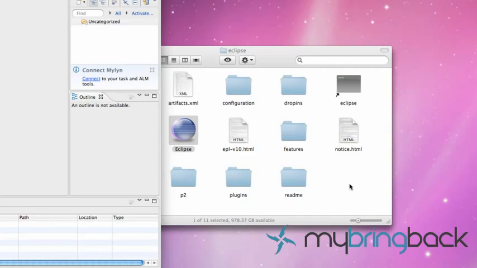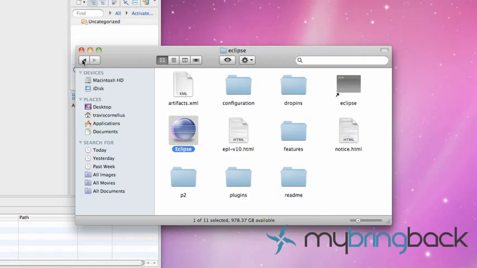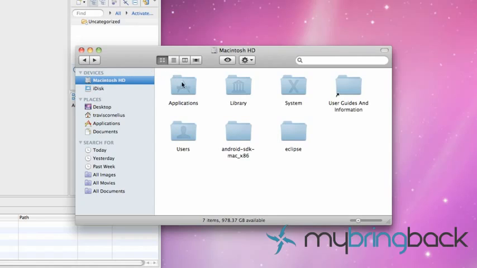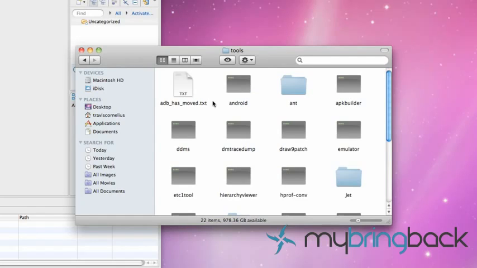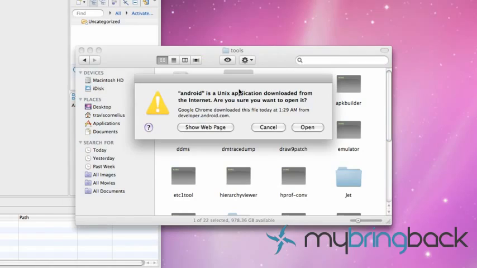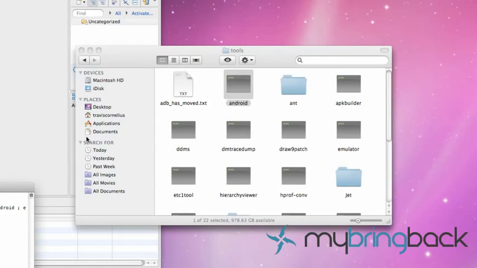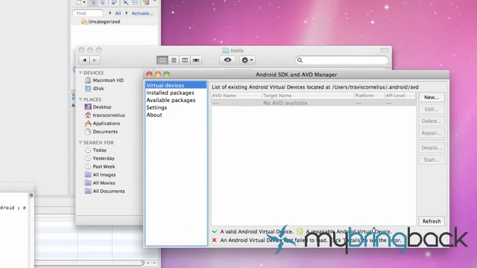And then the next thing we need to do is get that SDK incorporated with our Eclipse here. How we do that is we go into wherever we saved the SDK on our hard drive. For Windows, once you open that up, there should be the logo, a little green Android dude, and it says SDK Manager or something. You want to click on that. But for Windows, you want to go into Tools, and then Android right here, and hit open, and it's basically gonna open up this here,